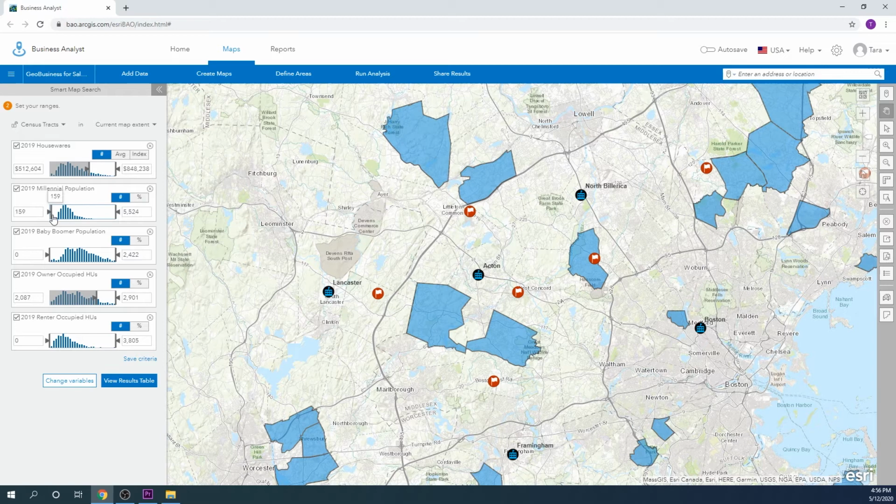This indicates that it is not millennials that own homes in this area. Resetting the millennial population scale, I will then move up the baby boomer population scale. We can see now that there are 2 block groups with this criteria around 2 of our competitor locations. Based on this information, our executives can decide to target